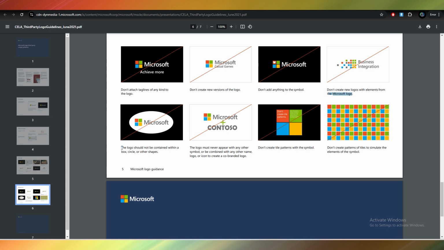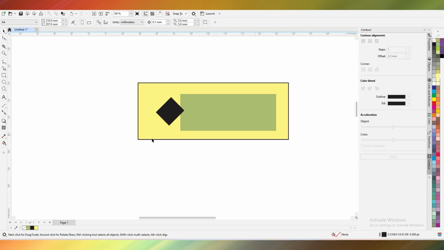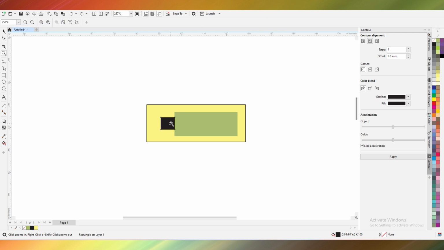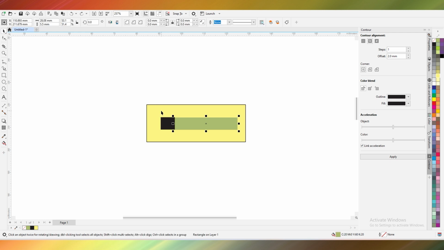The logo should not be contained within a box, circle, or other shape. I hope you understand. And right now, our Microsoft, if you can imagine, this is a Microsoft logo. We can't actually use this yellow color background for this logo.